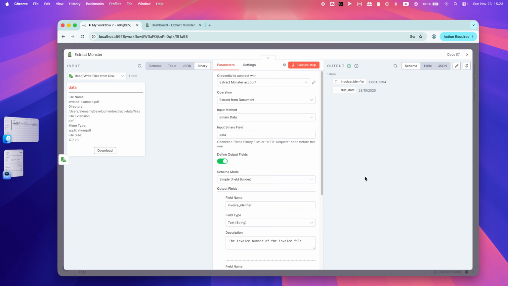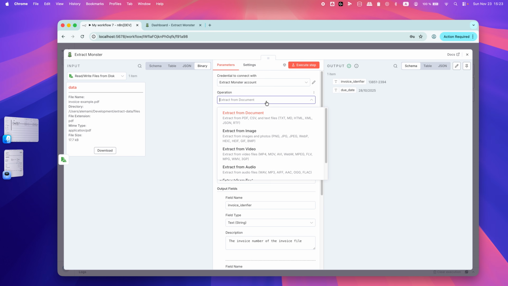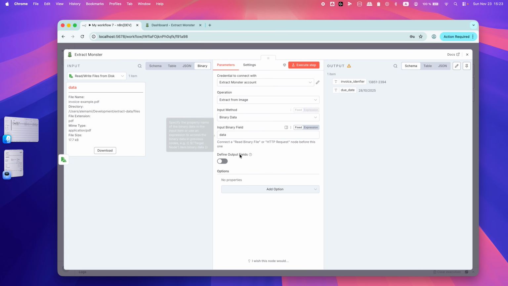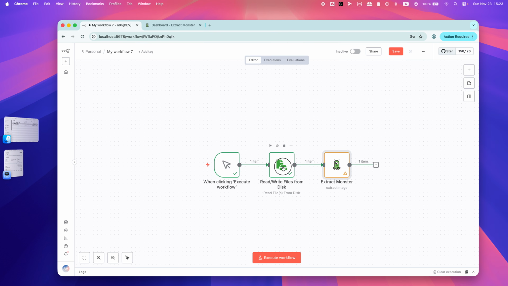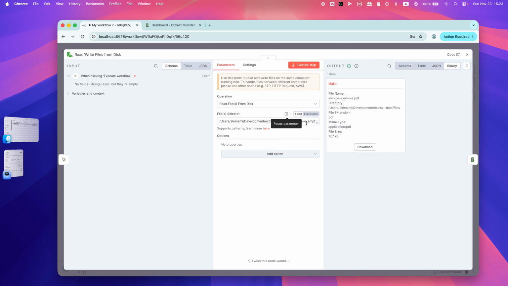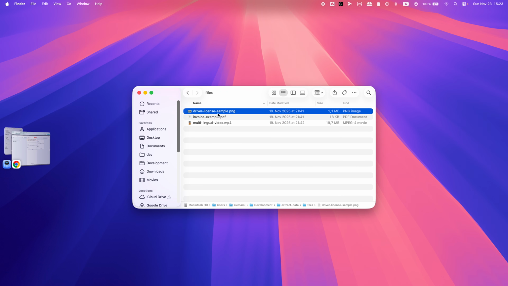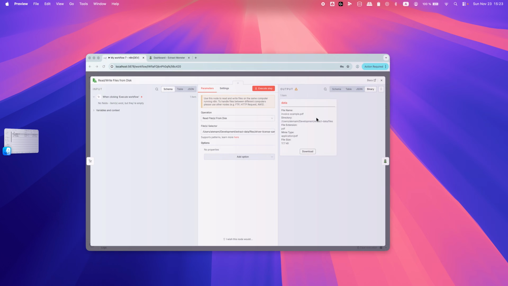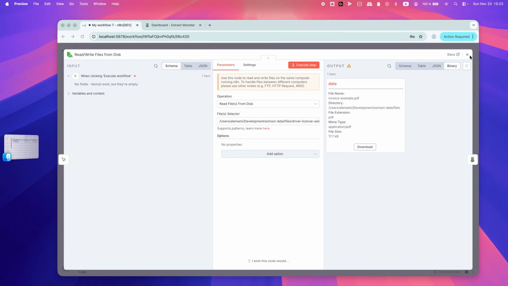So let's take this a little bit further. Let's try to extract data from a file. In this case, I will be extracting from an image, and I will just disable the output fields. I know that I can use whatever I want, but for now I will disable that. And I will get back to my other node, which reads and writes files from disk. And I will just replace the file with this driver license. So let me copy the path, and then I will put it here. And then we can just close this invoice. We don't need it anymore. And I will get back here